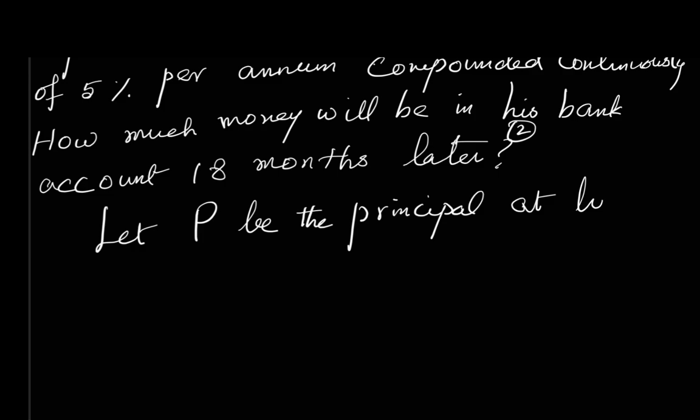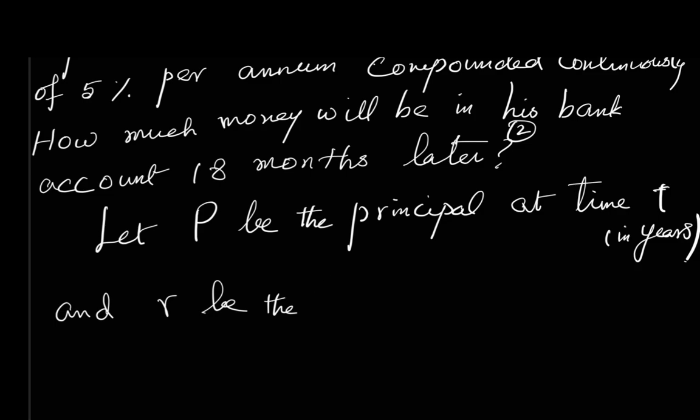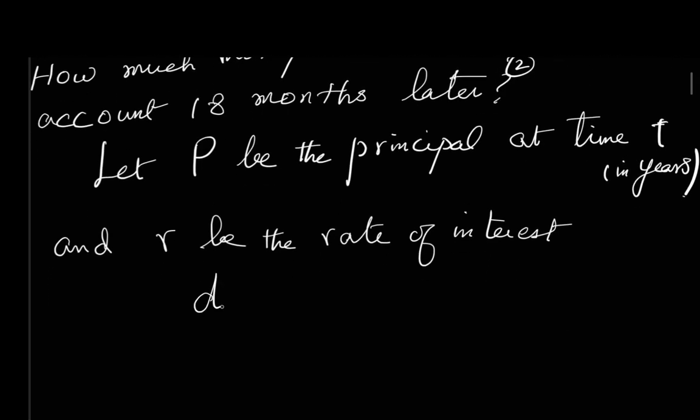At time t, where t is in years. And let me take the rate of interest as R. R is the rate of interest given, 5%. So the principal P at time t: the rate of change of the principal is directly proportional